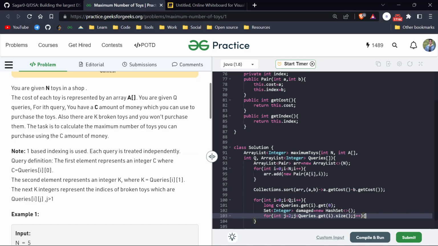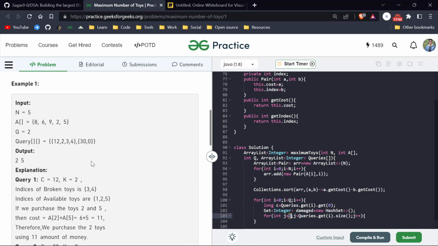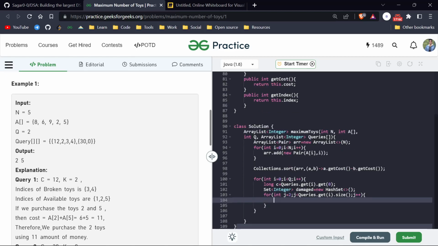So we will start from index 2, and even if there is no damaged product, we will just get the size as 2, and 2 should be less than 2, so we will not enter this block. I hope now you understand this loop I am writing here. After that we just have to add all the damaged products. Damage dot add